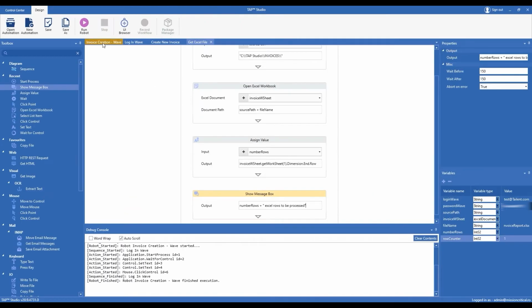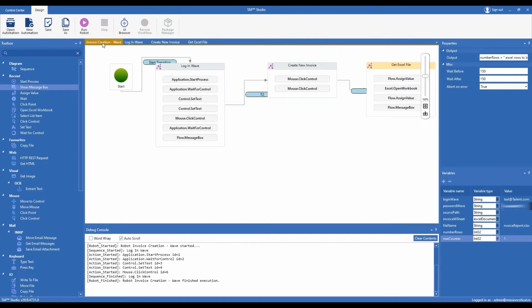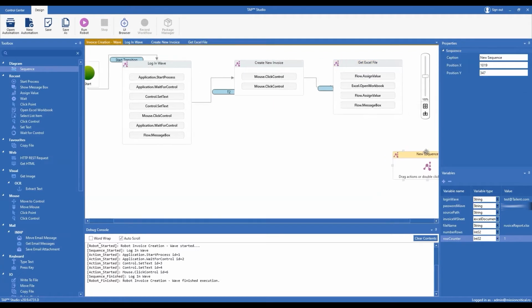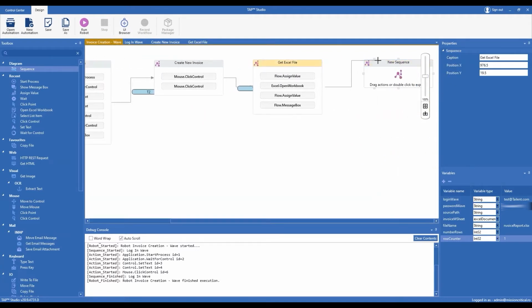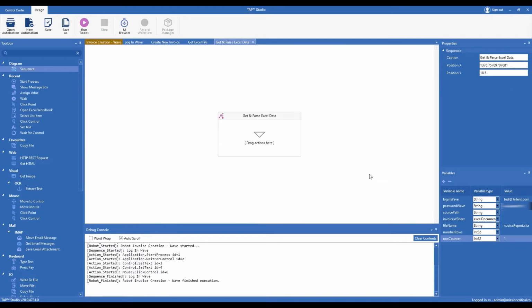Let's go back to the project canvas. Add a new sequence. Set the transition from Get Excel file to it, and rename it Get and Parse Excel Data. Open the sequence and add 5 string variables: